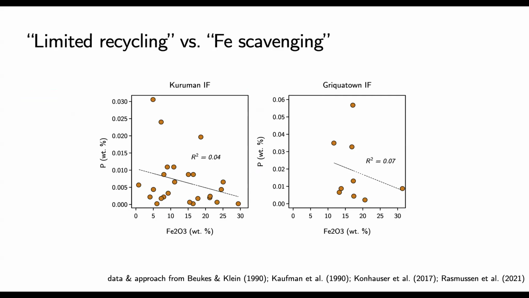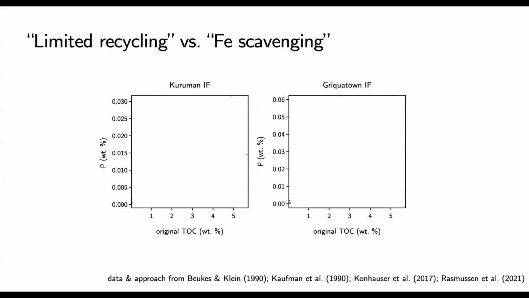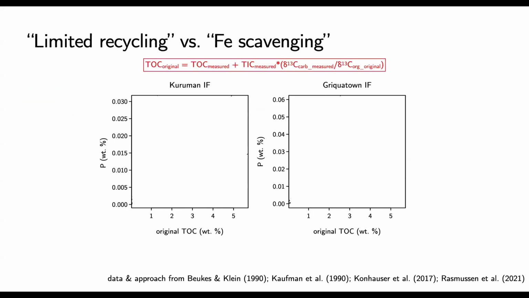And instead, we could say, well, do we see such a correlation if we look at phosphorus versus organic matter? Though we have this issue that I mentioned before, that while today there's very little organic matter, we think that there may have been substantial organic matter exported to the sediments, and it's been oxidized, namely through dissimilatory iron reduction. And so you can estimate what I'm showing on the x-axis here as original TOC using this equation up top, where you're taking the amount that's observed today, a very small amount, and then adding to that this correction that comes from the observation of the inorganic carbon fraction.